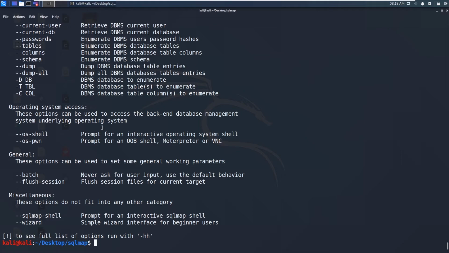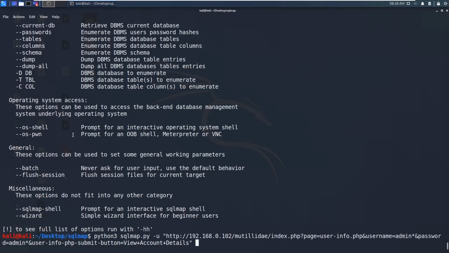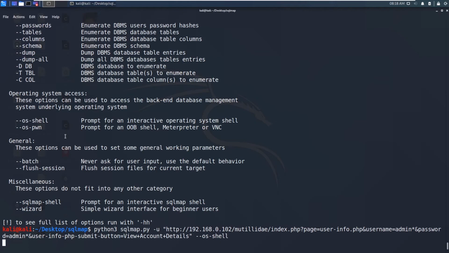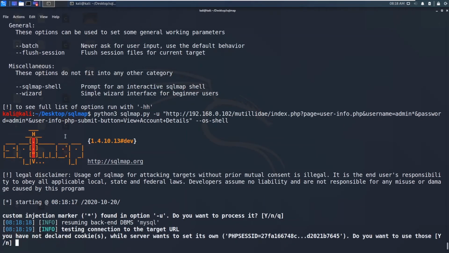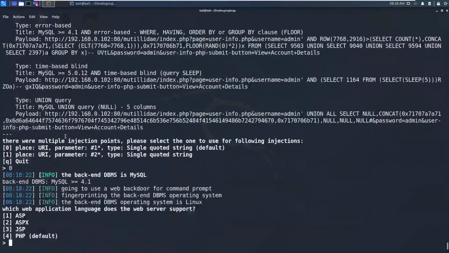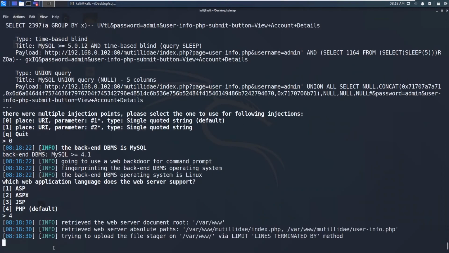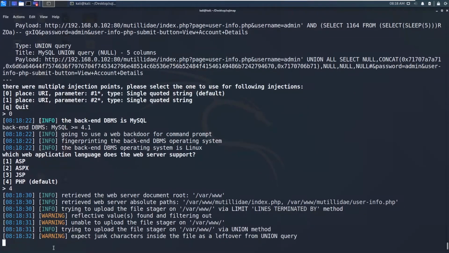And we can try for OS shell, try to get the reverse shell back to us. Maybe in most cases this won't succeed, but anyway, trying is better. So which web application language does the web server support? I know it's PHP because there is no ASP or JSP there.